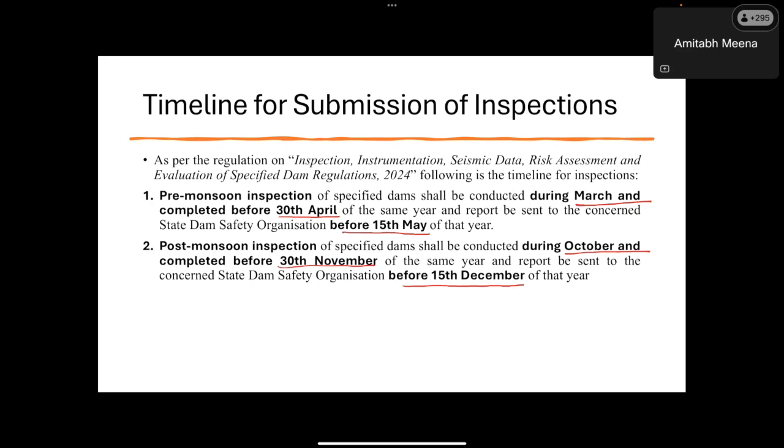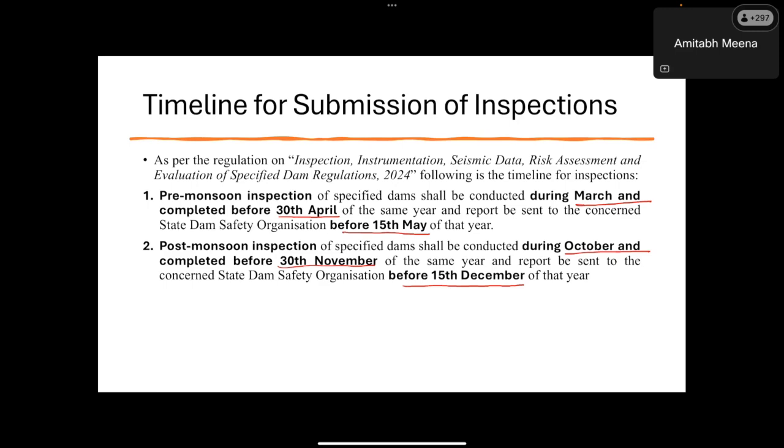In that situation, they need to do the regular post monsoon inspection in the month of October and November, whenever they find the time,